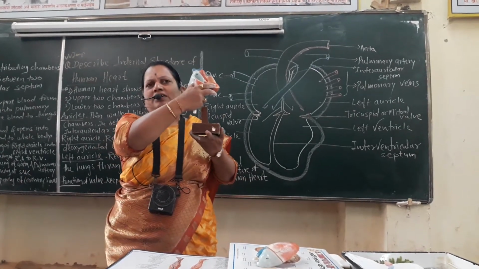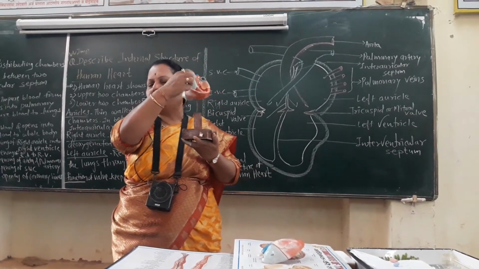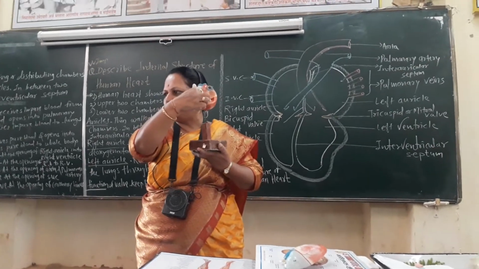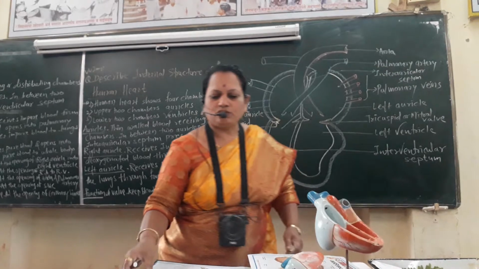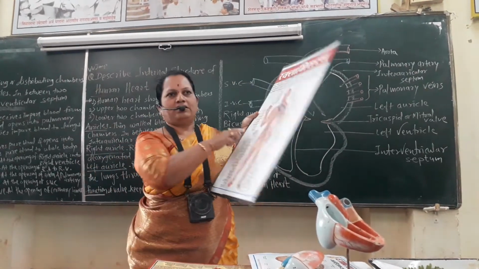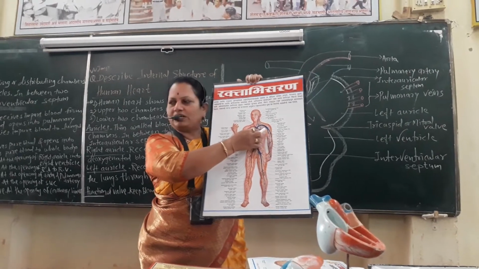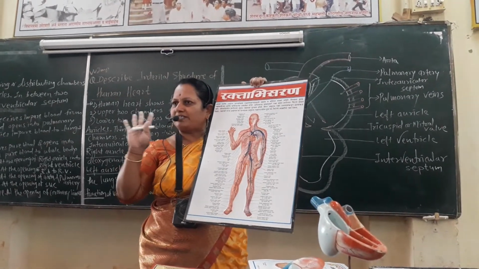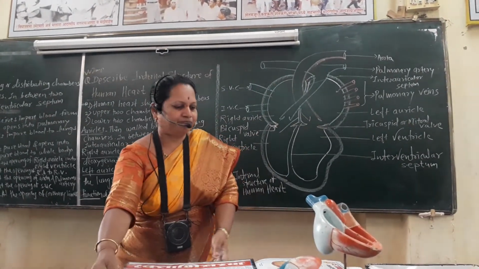The human heart, the most important organ, shows 4 chambers in its internal structure. The upper 2 chambers are called auricles. The lower 2 chambers are called ventricles. Actually, the human heart is myogenic, present in between two lungs in the mid-sternum cavity, and internally it shows 4 chambers. Upper 2 chambers are called auricles, lower 2 chambers are called ventricles.